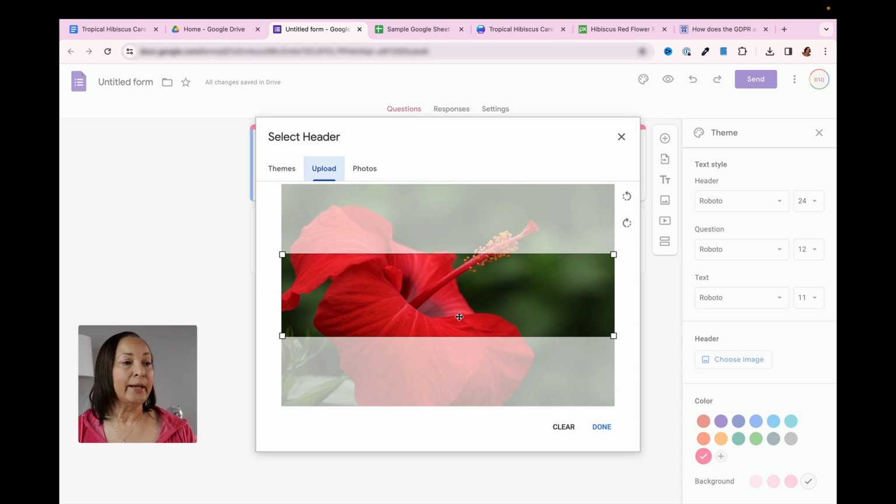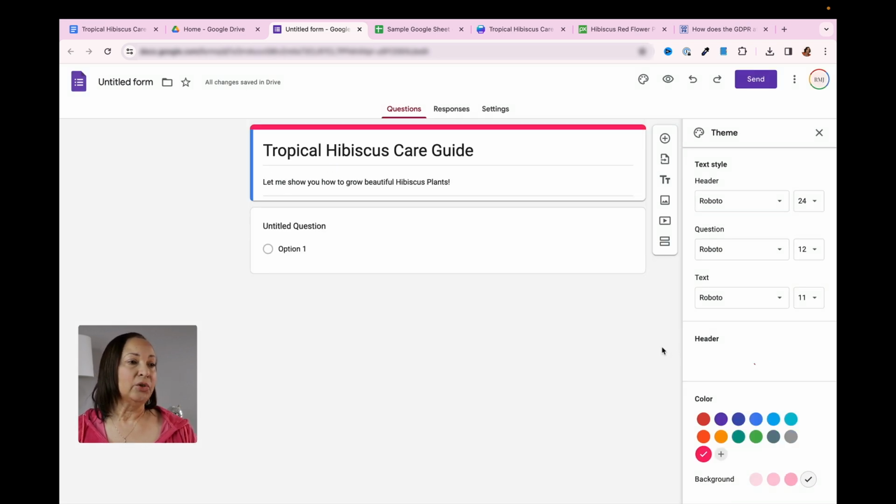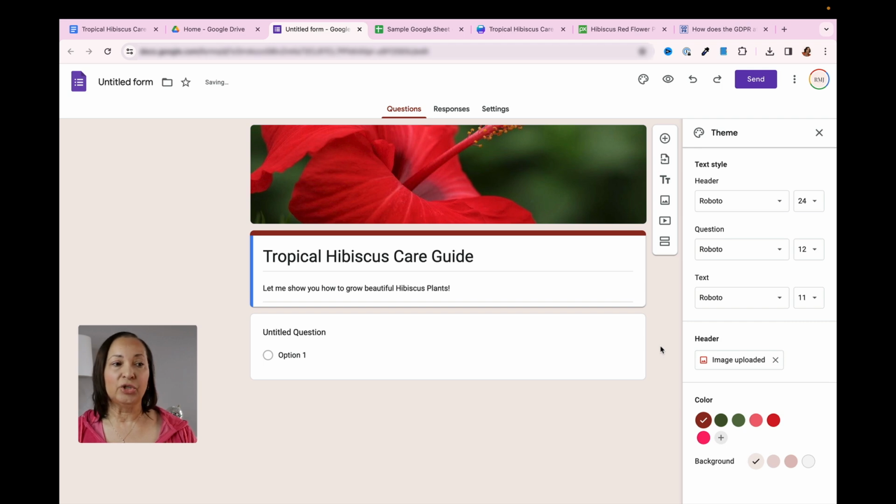And you can just select a portion of the image that you like. I'm going to then just leave it set to where it is and click on done. And what you're going to see is that it's going to then add in that image. So you can already see that it's starting to look better. Now what might happen to you, because this has happened to me several times, is it may change colors on you.